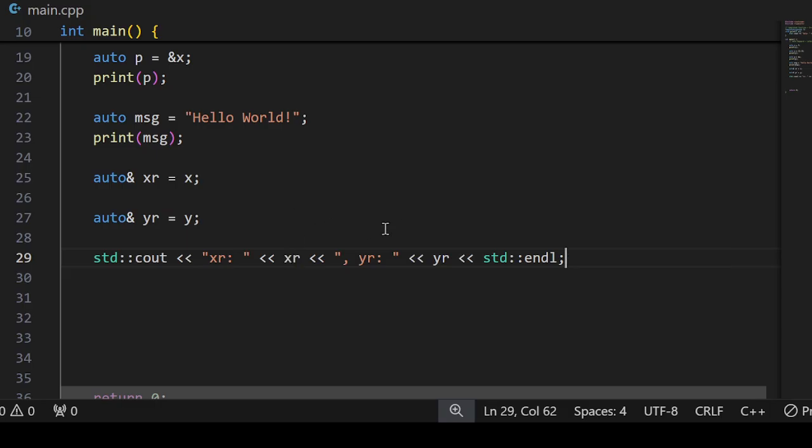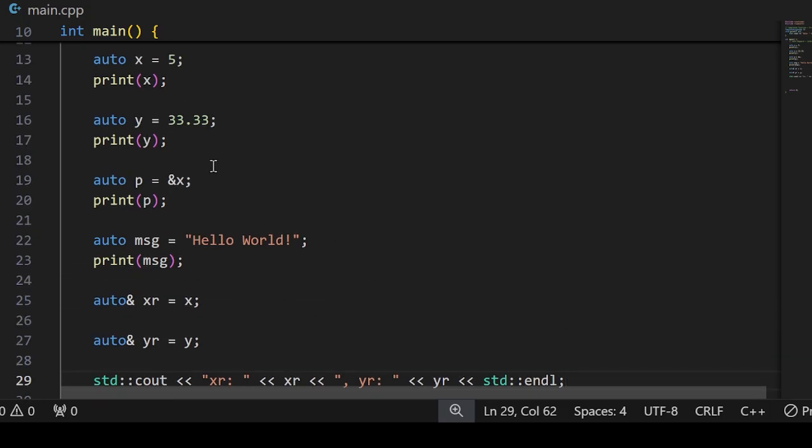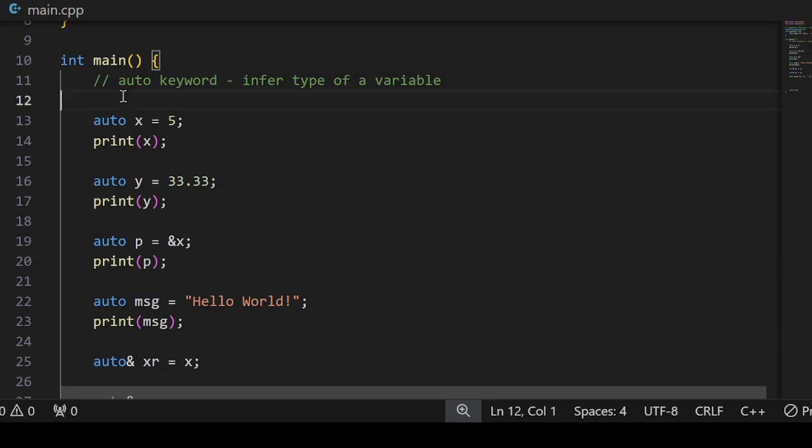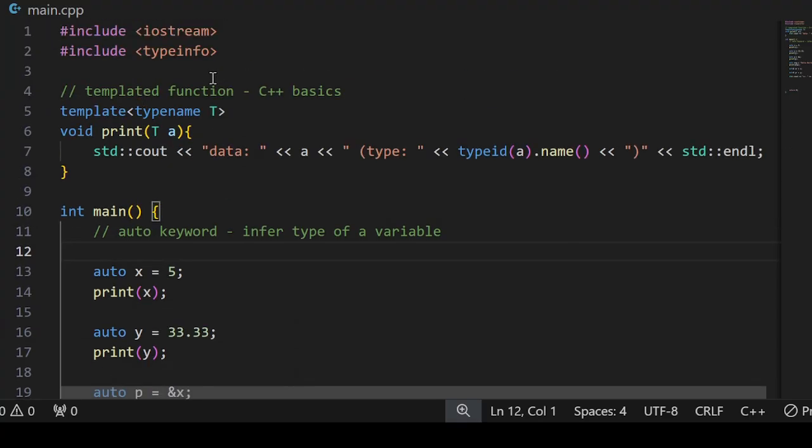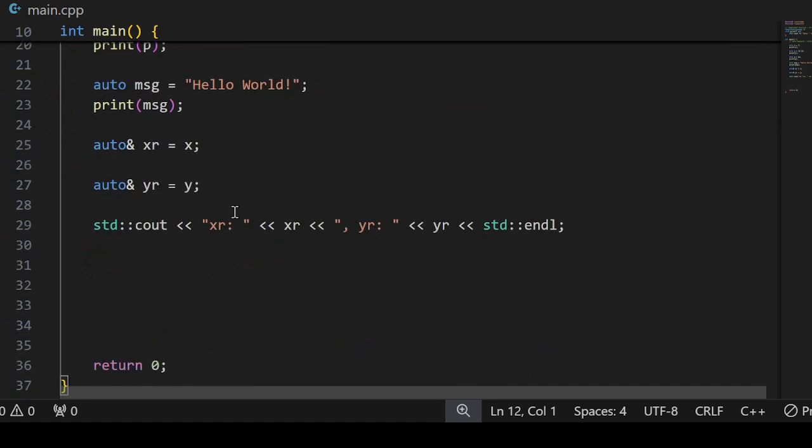Now this is all I want to talk about, the syntax of using this auto keyword. We will come across different situations where we will find it more useful. But the next thing I want to discuss is the range based for loop, where we will find the use of auto. So now I'm going to be talking about range based for loop. This is a loop which actually offers an easy way to iterate over the elements of an array